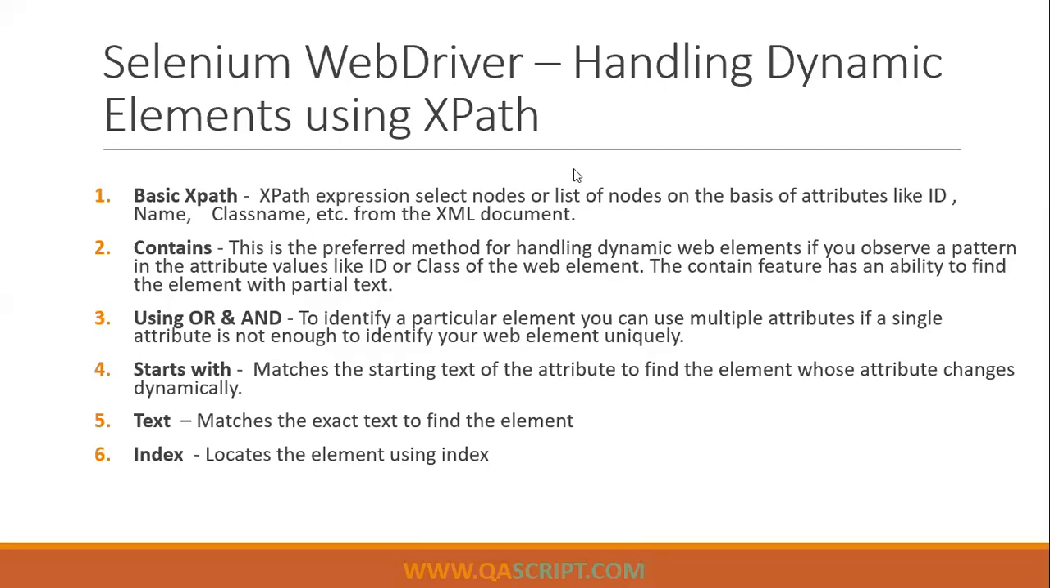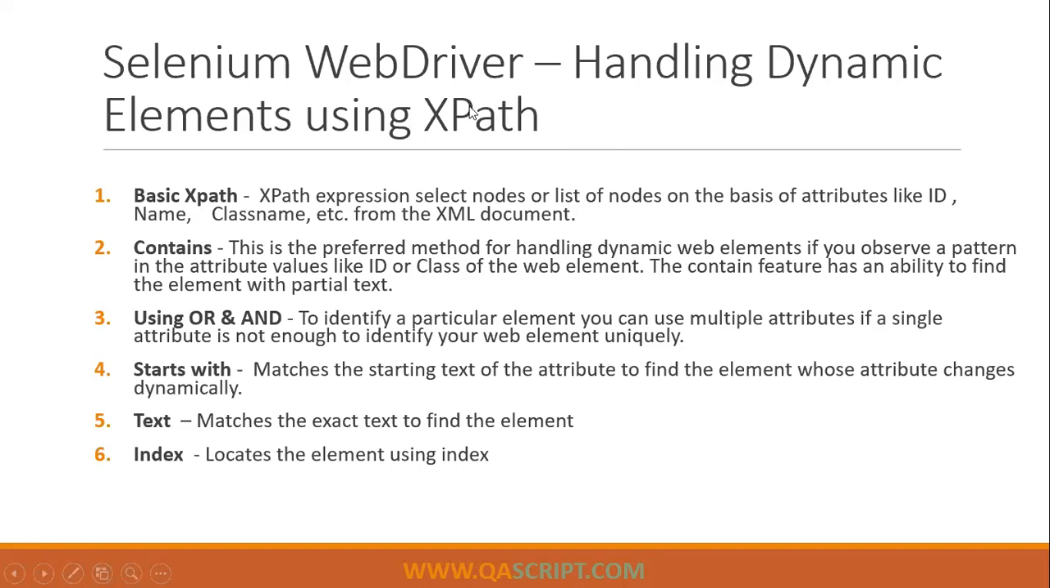Now that we have looked at the different locators present in Selenium, I'm going to explain how you can use XPath to handle dynamic elements. There are so many scenarios when you start automating your applications where you'll find elements which are dynamic in nature. So what do I mean by dynamic? That means their attributes and values may keep on changing depending on the operations you are performing on the application,